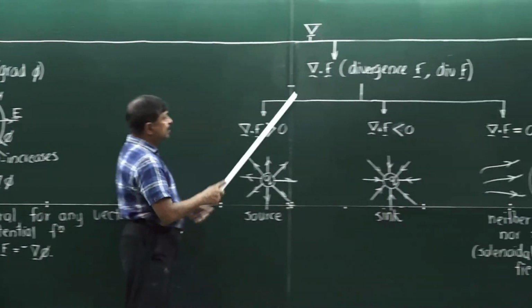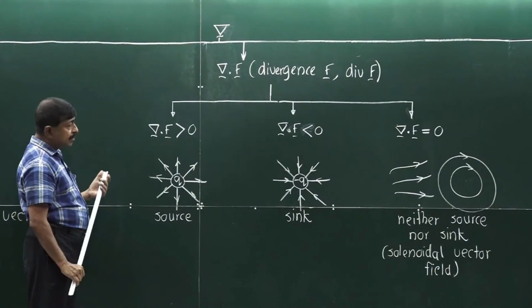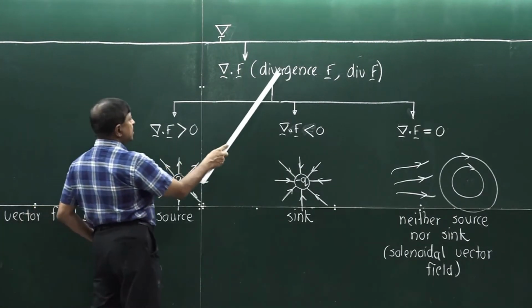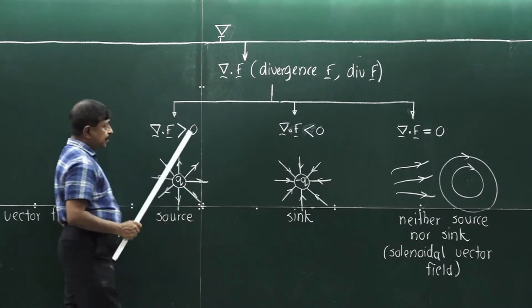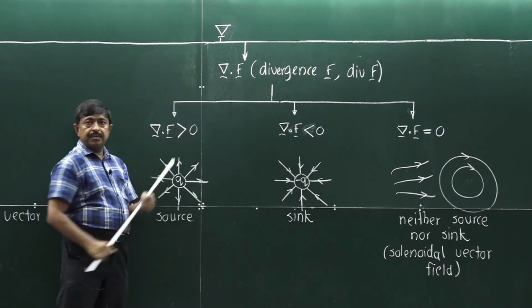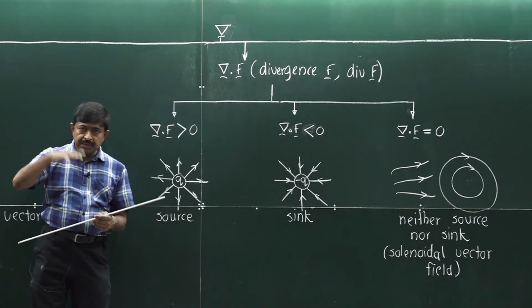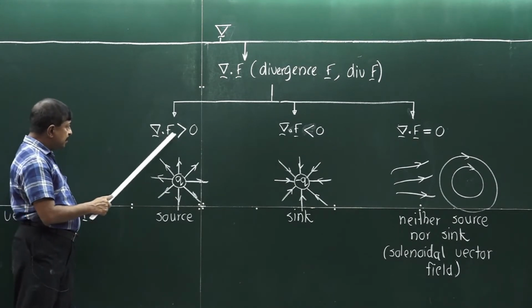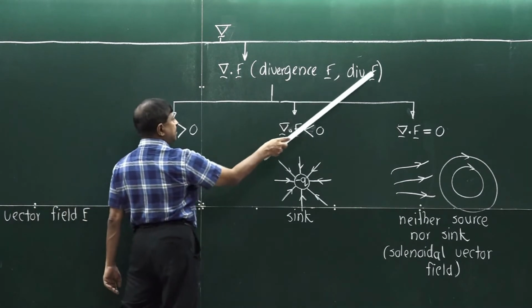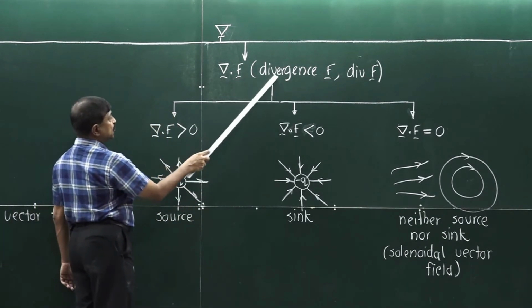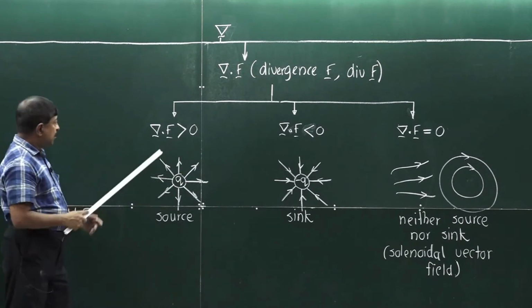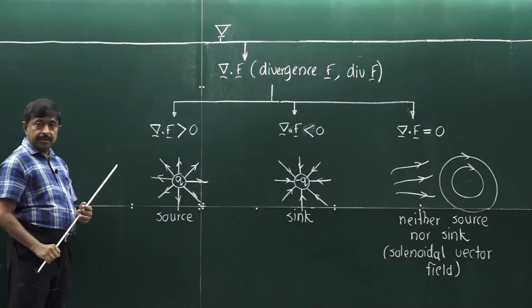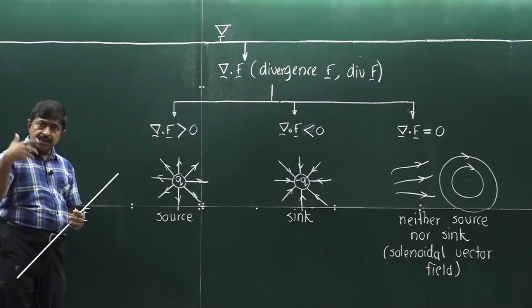Now, again we will come back to divergence. The name divergence has some meaning to this. The physical interpretation goes hand in hand with that word. We will see what it is. Now, divergence of F, we sometimes call it div F. You take the first 3 letters of this word and shorten it. Div F is a scalar because this is a dot product. It has some real value.